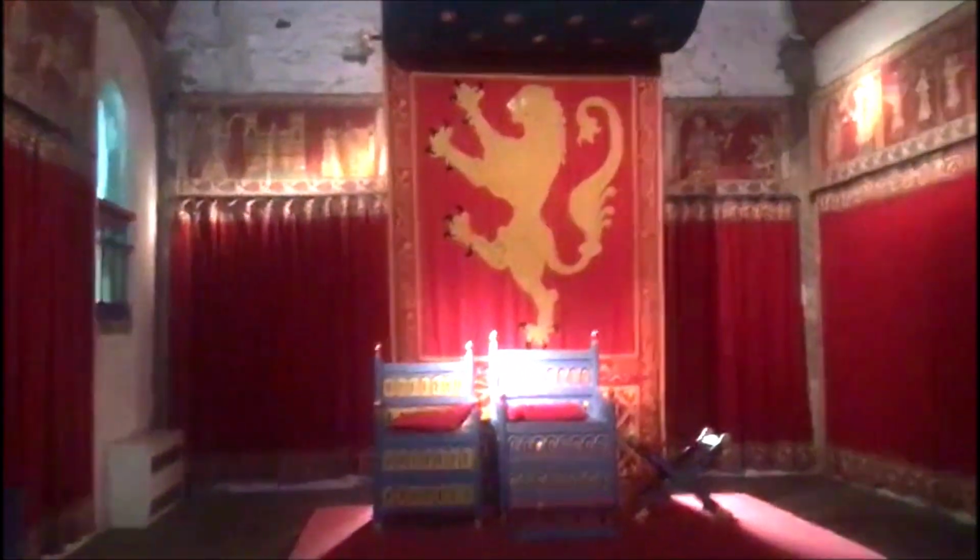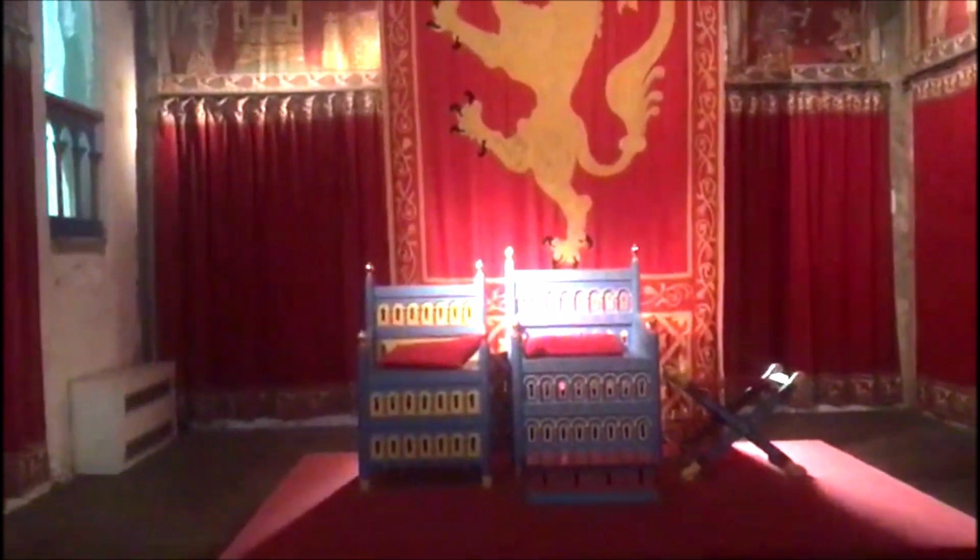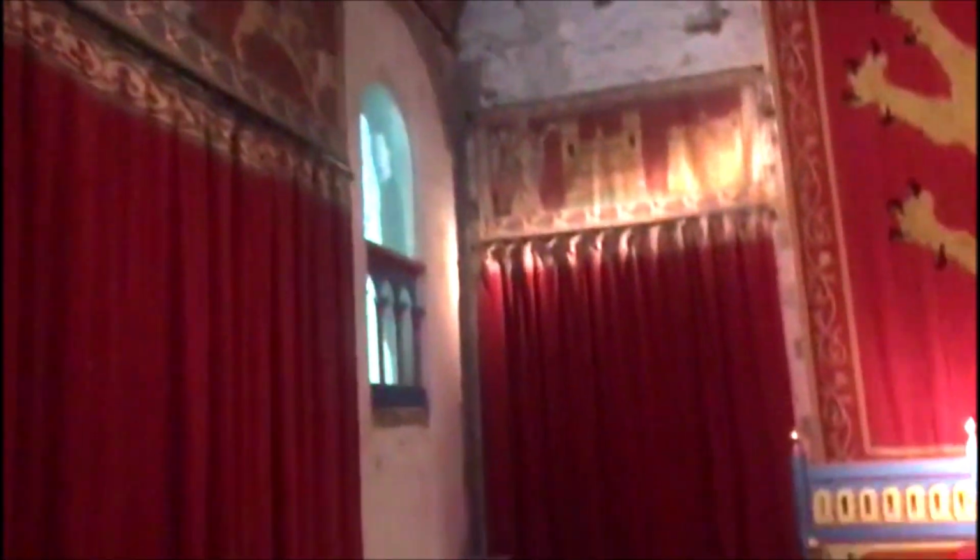So I'm now in the throne room, as you can see with the thrones in front. I just wanted to show you the roof, if you can see. It's quite difficult, but it's all brick. And as I was speaking to a member of the staff, they said that that was all put in the early 1800s, 1700s, that kind of time, for the French. So they put the brickwork in like that so they could put the cannons on the roof,